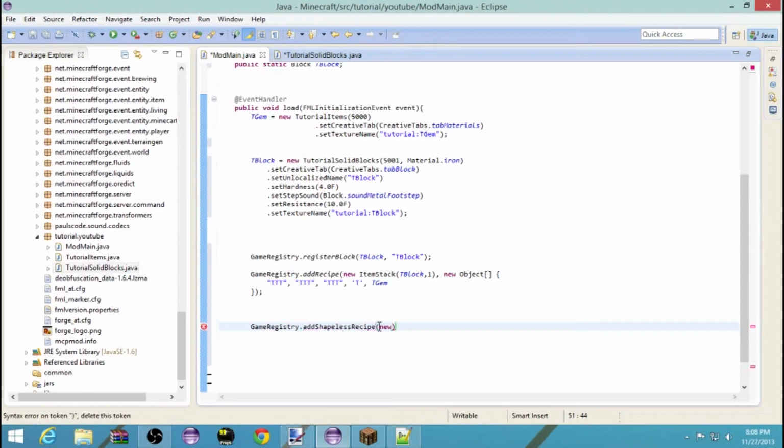New item stack T gem, and you're gonna want to go comma and then 9,